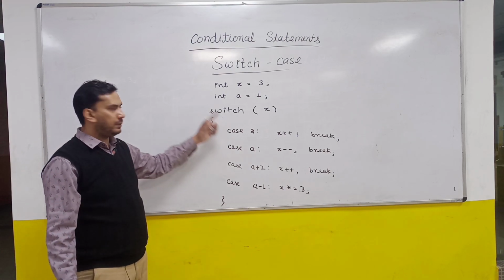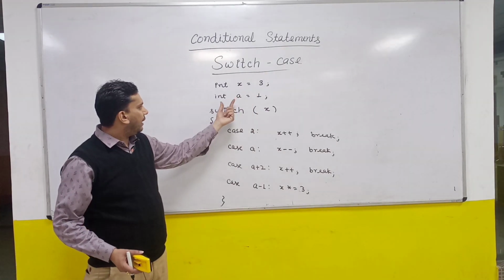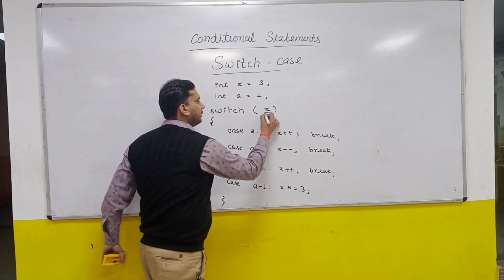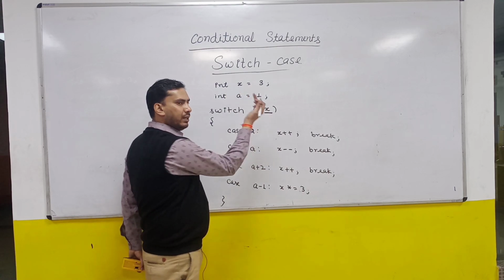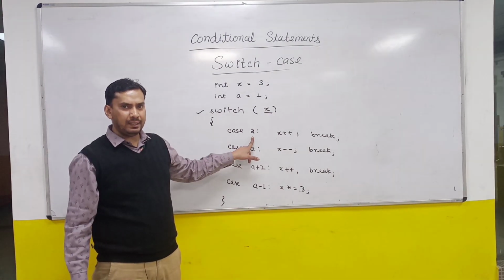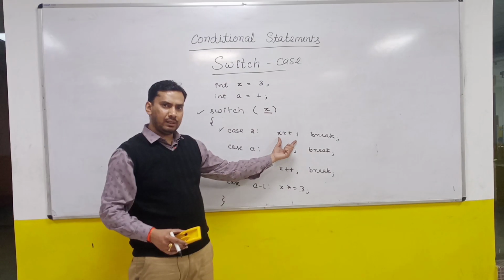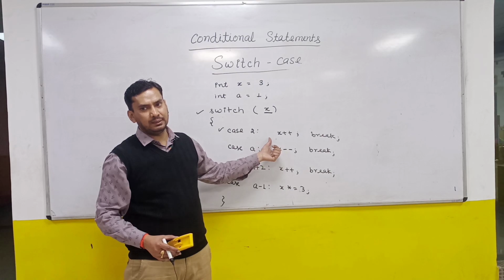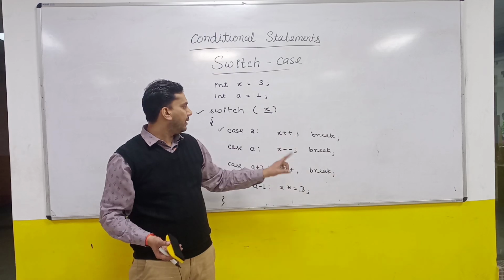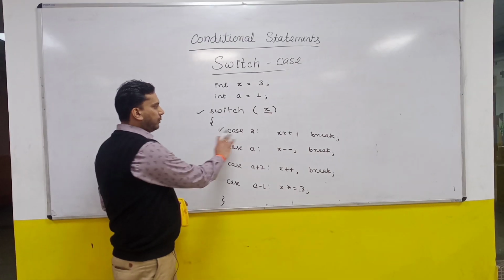So let us have a look at this particular code. I have created an index variable which is 3. I have created one int a variable which is 1, and in this switch I am passing x. So x is a switch expression, it is of int type. So int is allowed as a switch expression. So this line is okay. Now if you see here case 2. So 2 is a constant. This case is okay. I have written some code here. In the cases you don't write the curly braces. Even if you have multiple statements, you will write all the statements, but there will be no curly braces. So I have written x plus plus followed by break. Normal switch I am using here. So there is no problem in this.